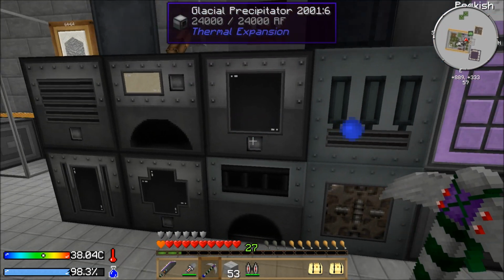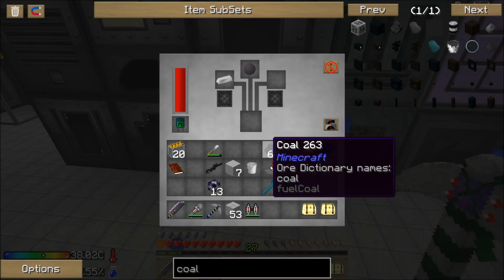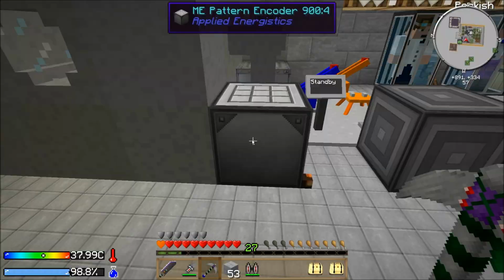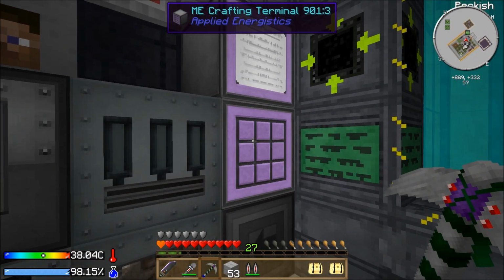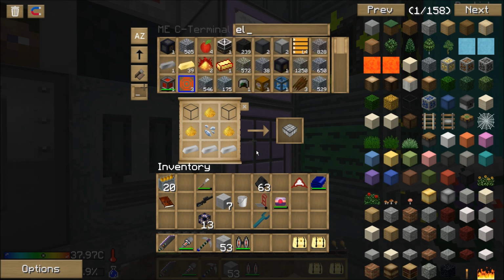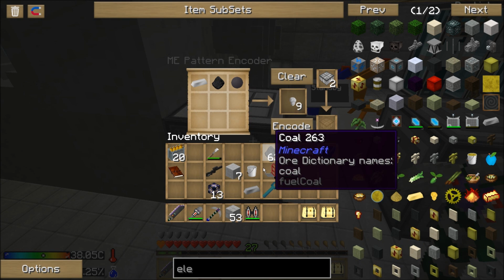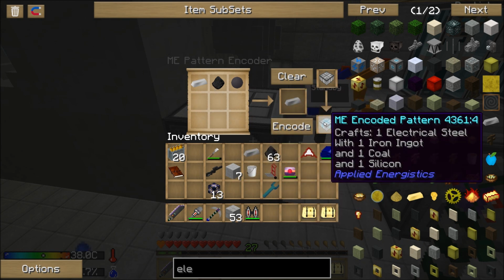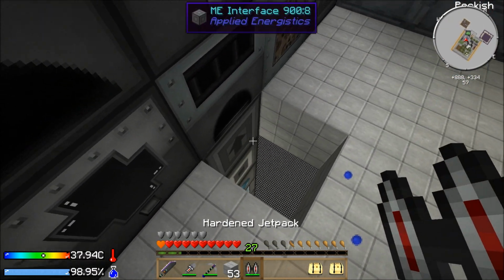I get the Ender IO versions mixed up a lot because there's a lot of changes between 164 and 172. Ah, there you go, regular coal. Let's change that over here. Regular coal. Electrical steel. There we go. If I put those three things in, I'll get electrical steel back. And this recipe needs to go in